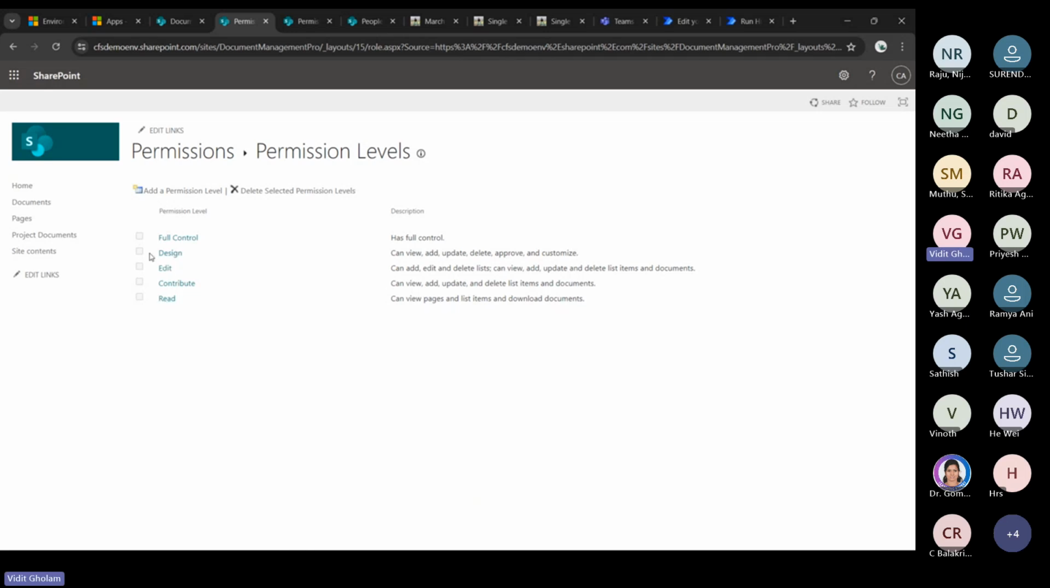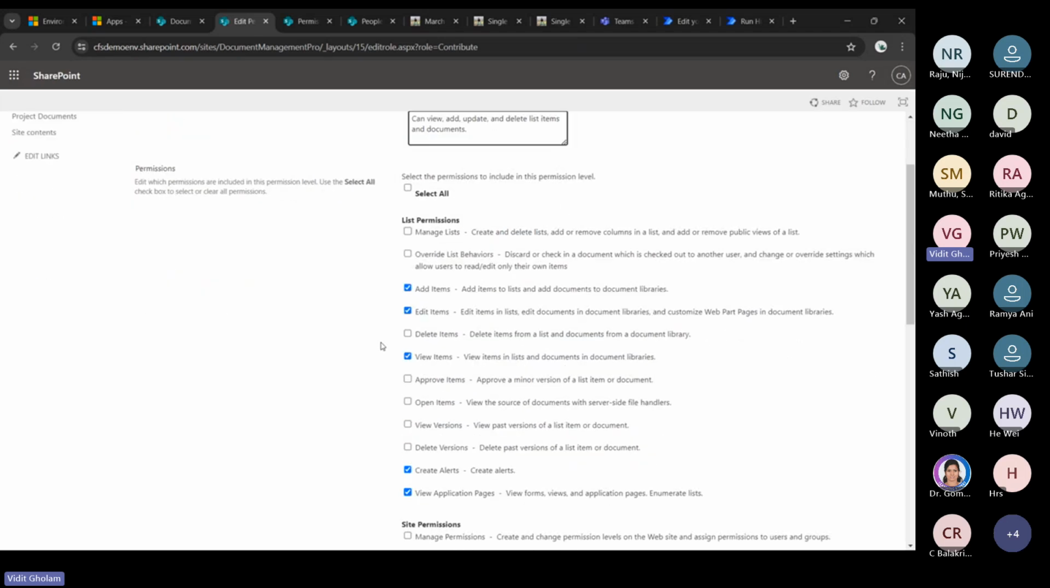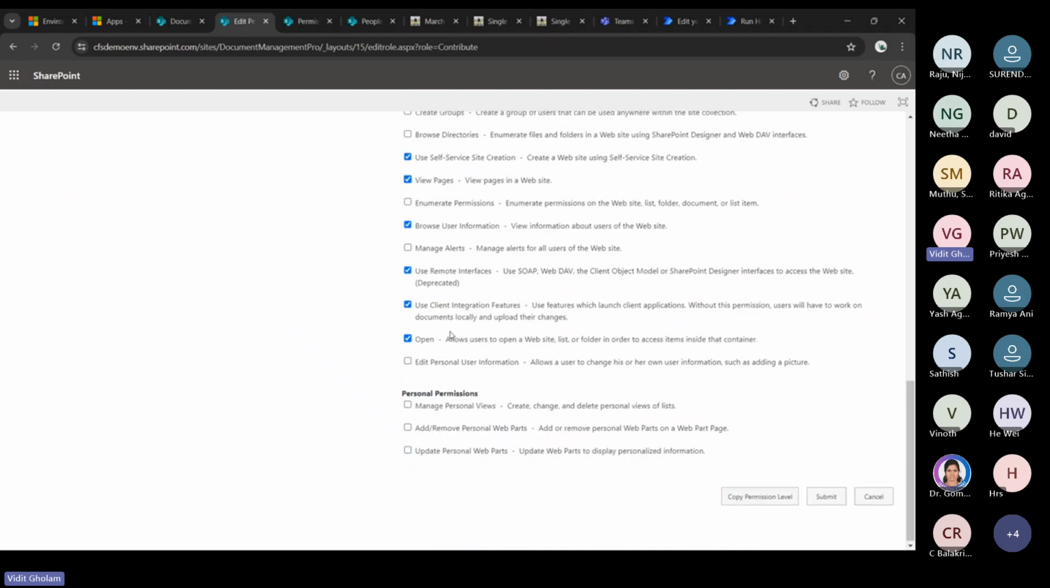So we don't need to change any of the permission settings or permission level settings from the designer and the reader permission levels, but we need to remove some permissions from the contribute level. So it is fairly simple to understand if you read each and every permission. By default, a few permissions are already given to the permission level. If you don't want to touch any existing